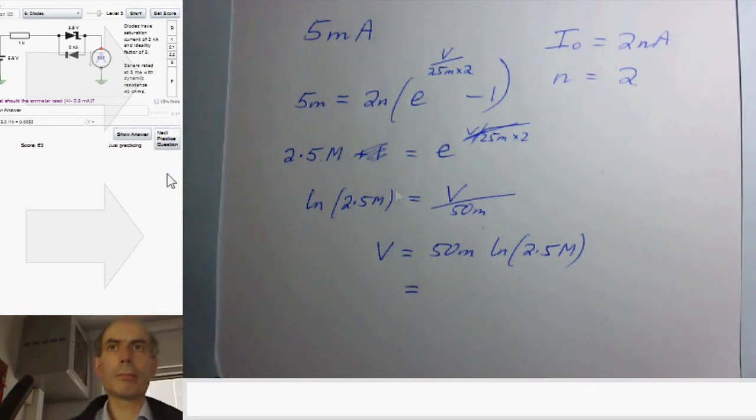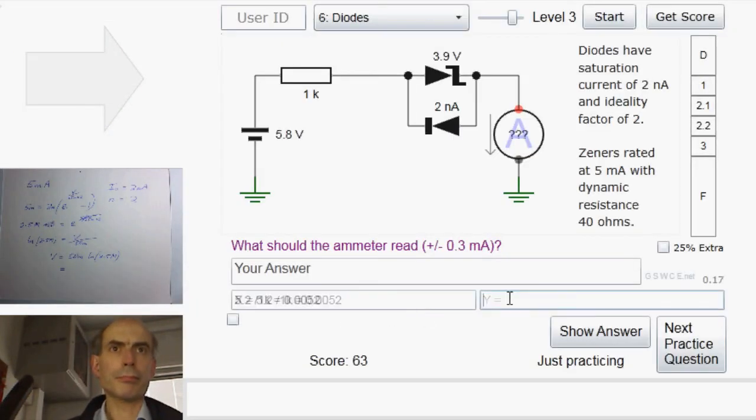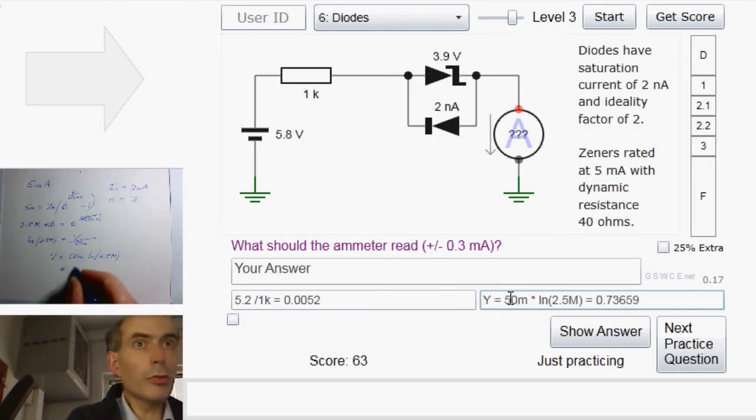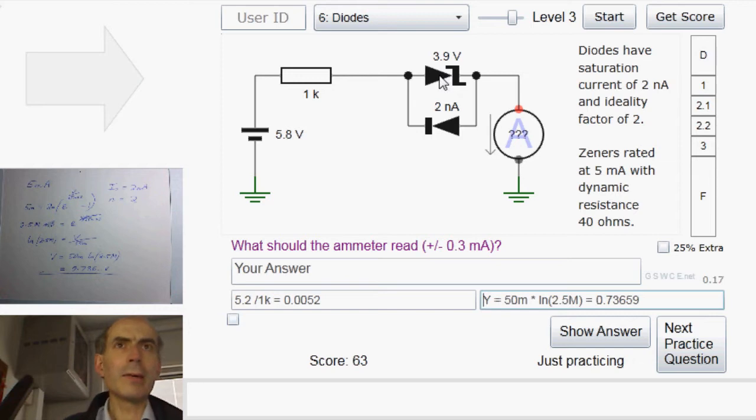And we can work that one out back on the calculator. 50 milli times the natural logarithm of 2.5 meg. And that is 0.736 approximately volts. So that would be a more accurate estimate of the voltage across this diode. Now, obviously, we've now got a more accurate estimate of the voltage across the diode. We could get a more accurate estimate of the current by doing